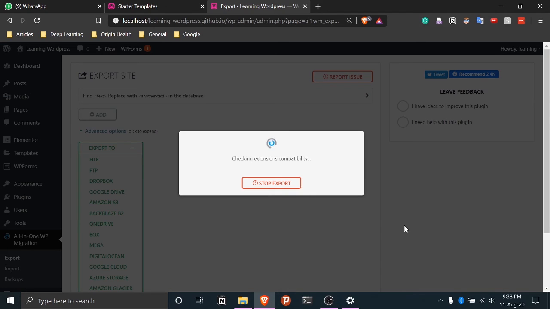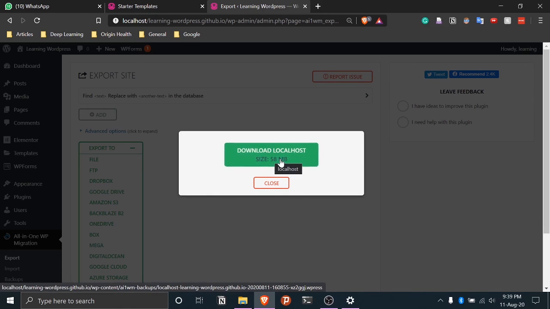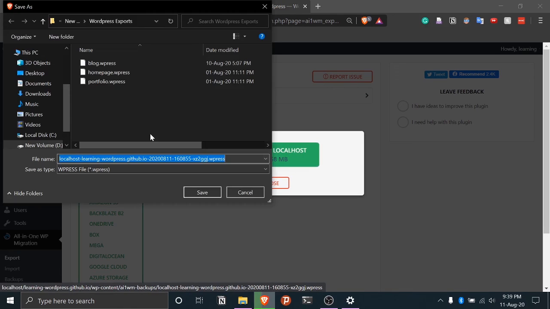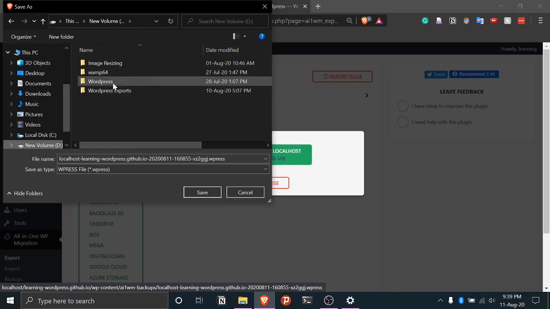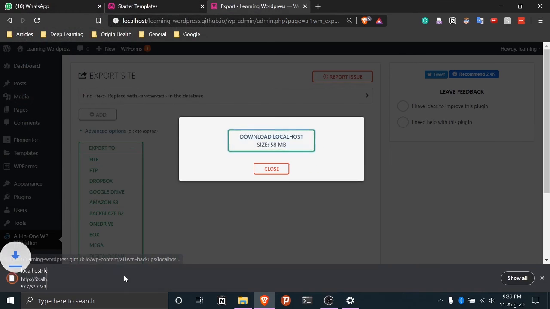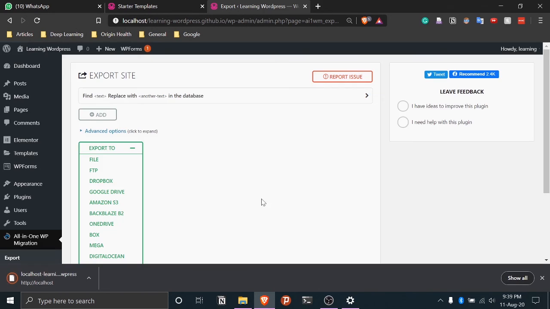It's going to export, as you can see. Yeah, it says download 58 MB, download localhost. So we click on that, and I would suggest saving this somewhere where you are hosting your website. Let's say I just save this here itself. I'll save it there, and yeah, this is done.